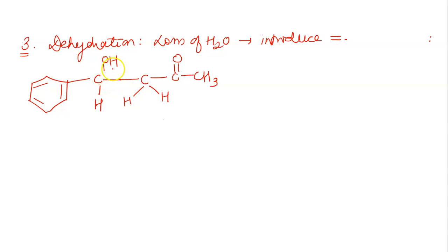Now, in water removal, this OH and this H are lost. So OH from the aldehyde part and H from the keto part, or the alpha hydrogen component part. So this carbon will lose OH and this carbon will lose H, and the net loss of H plus OH will be net loss of water, and this loss will introduce a double bond here between these 2 carbons. So the product will be